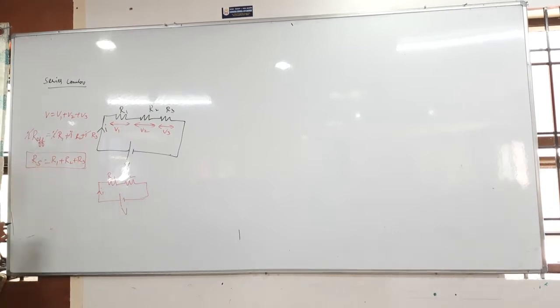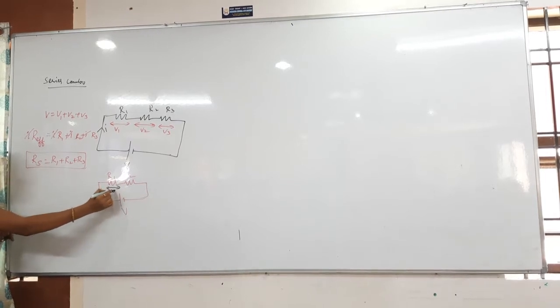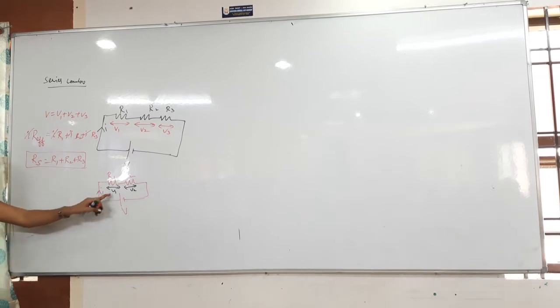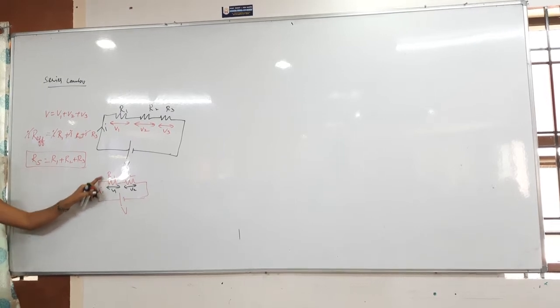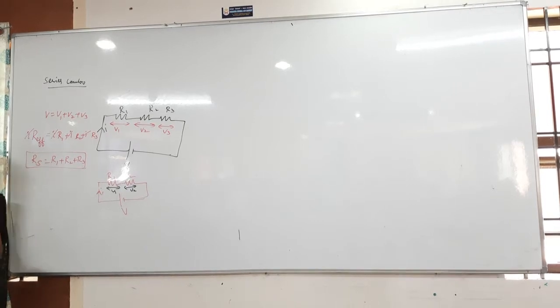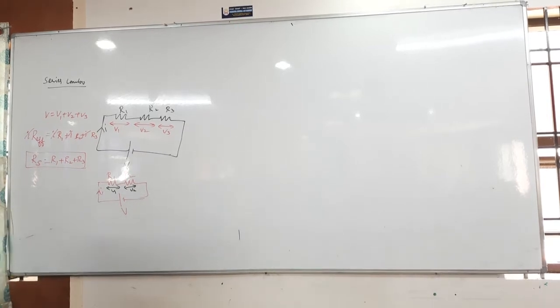First of all, the total voltage V is equal to V1 and V2. Whenever V1 and V2 are there, the current in the resistor R1 is equal to the current in the total circuit. You have to get the voltage V1. How to get V1? V1 is equal to how can you get it? Do that first, directly in the circuit.